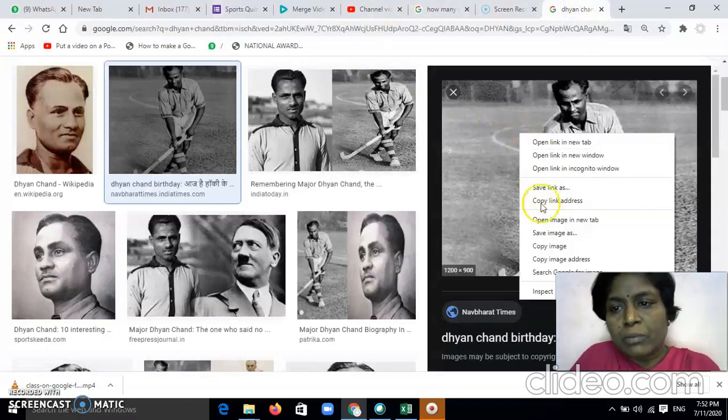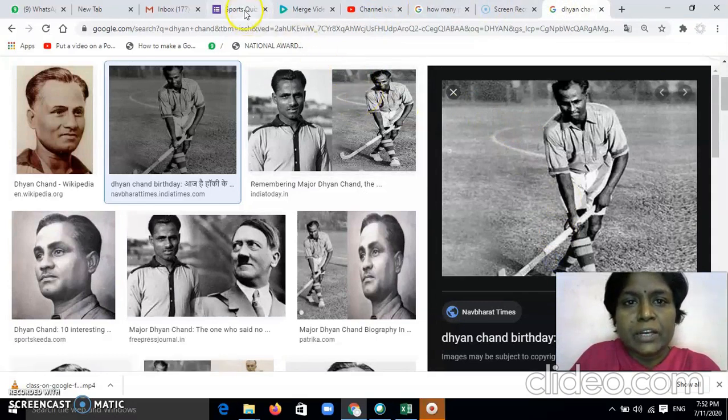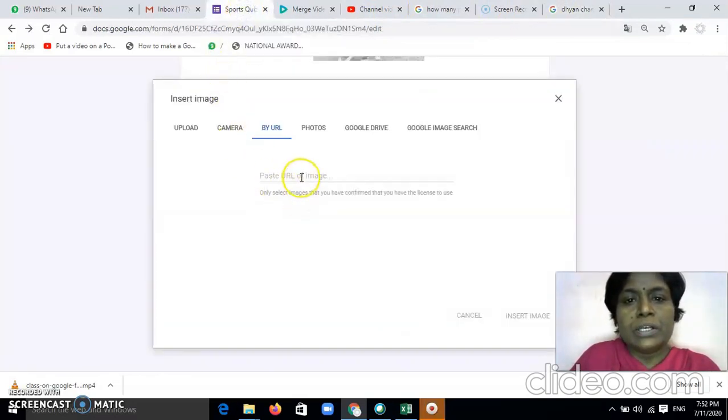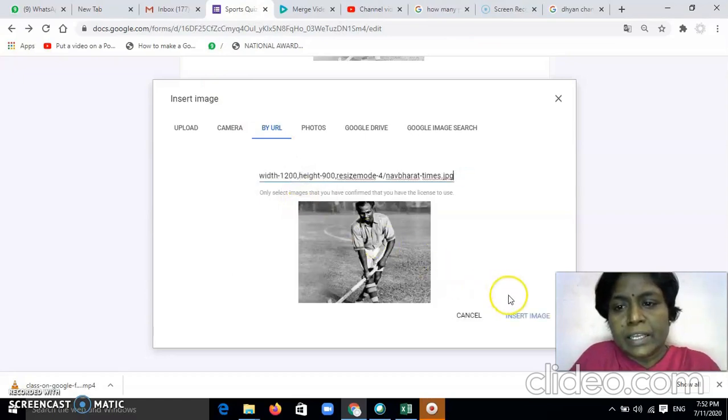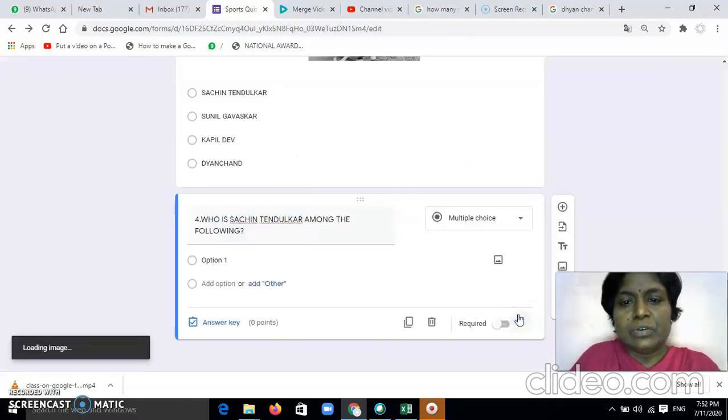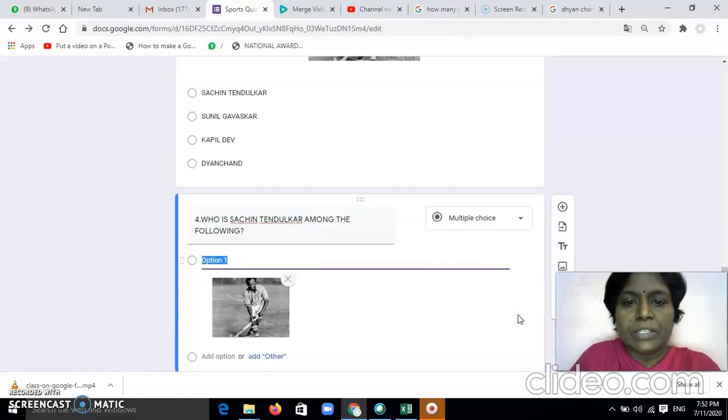Suppose I want to give this one. Say copy image address. Then go to your sports Google form, press Control V and then insert image. Okay, one option image is inserted.